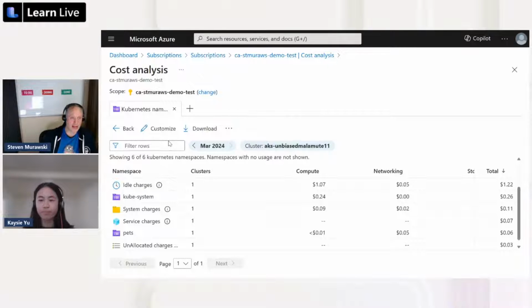thing to keep an eye on, especially if you have multi-tenant clusters. If you have multiple teams deploying into a cluster and you're trying to apportion out costs, the idle cost is a good thing to keep in mind. But